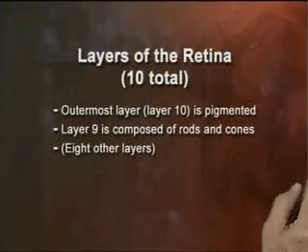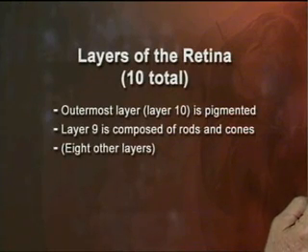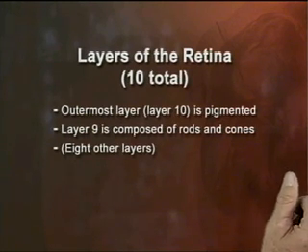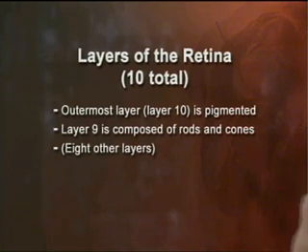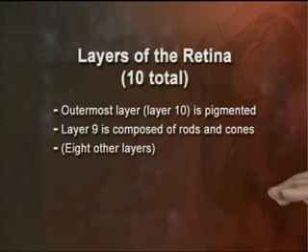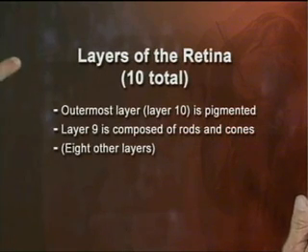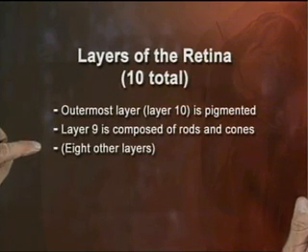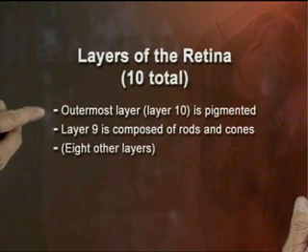All right. Let's take a look at a graphic that summarizes the layers of the retina. We mentioned there are 10 of them total. The outermost layer of the retina, the one that's closest to the back of the eyeball, the one the light ray would strike last, layer number 10, is pigmented. And then layer 9, coming forward, the layer of rods and cones that the light would actually strike. And then there are 8 other layers in front of the rods and cones. So the light has to go through these 8, then it strikes this layer,